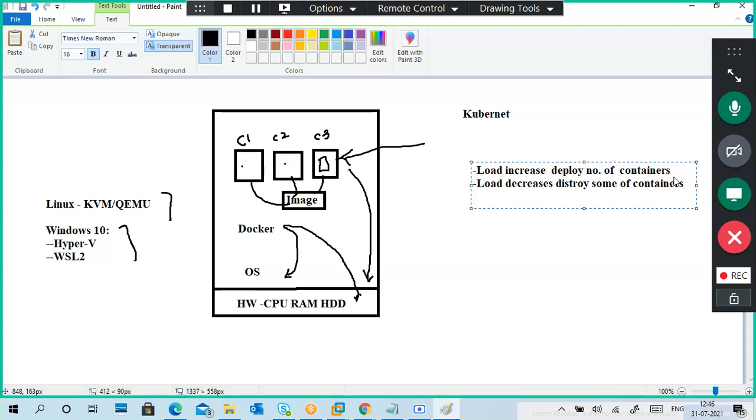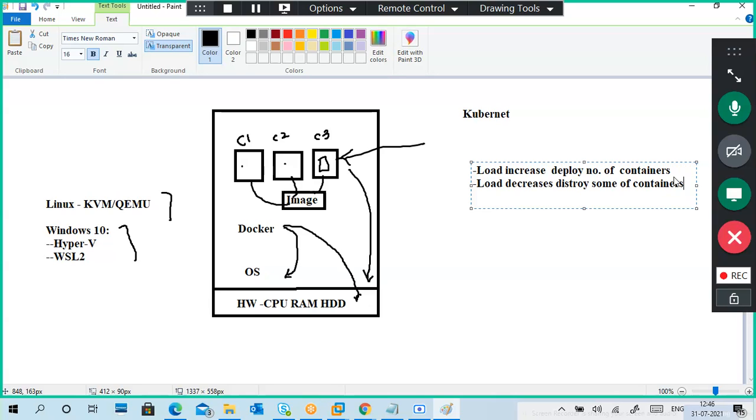For example, load increases, Kubernetes deployed automatically, it created 50 containers. Now load is decreased. So what will it do? It reduces it to 20. 20 are enough for the current load.